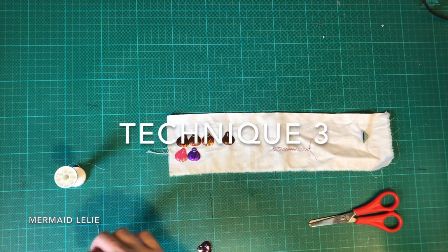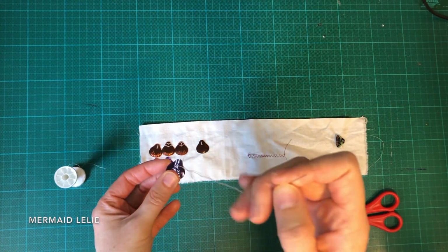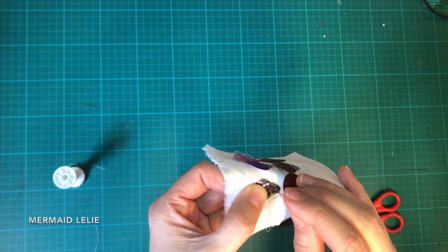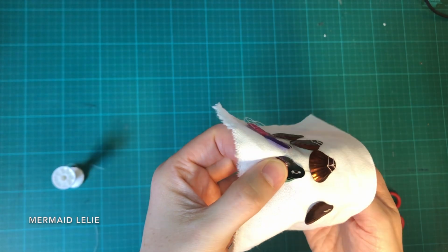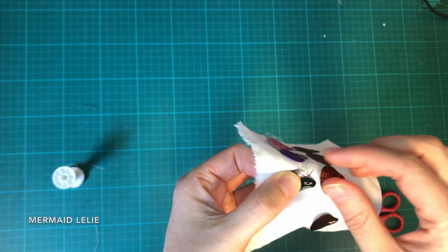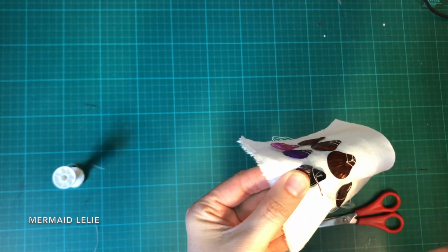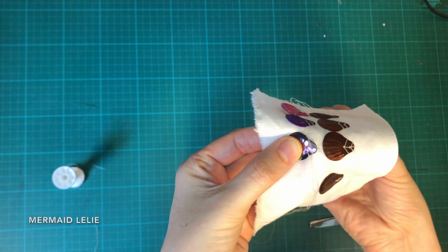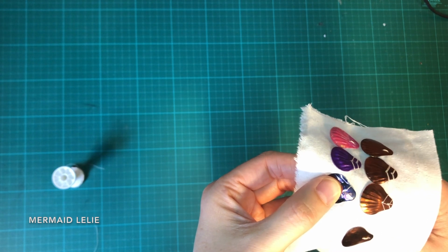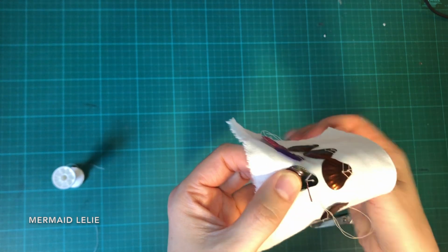Now on to the last option. Let's take the sequin, put the needle in the bottom hole. Then I like to go to the top hole first. So we go through the top hole, then you go down, up by the sides, go through the lower middle hole, then you go up the lower side on the other side, go down to the middle again,